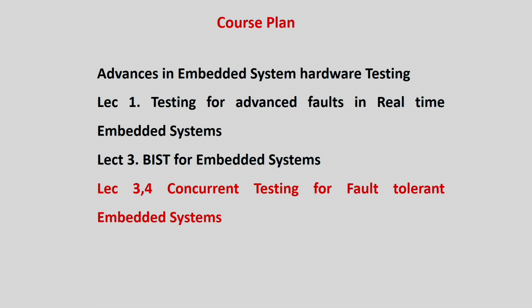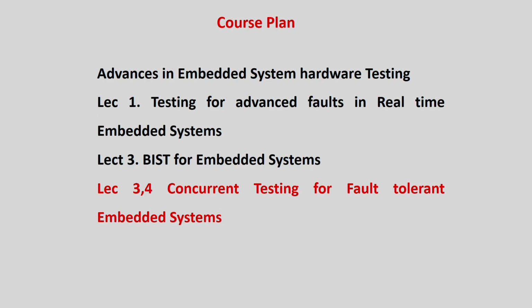That is, after looking at the advanced fault models and built-in self-test, we started looking at why online testing or concurrent testing is very much required in modern embedded systems, because modern embedded systems, as you know, are required in all mission critical applications like avionics, cruise control, etc. If any fault happens before the startup of the device, then we can detect it by BIST. And if it is a manufacturing defect, then we can test it by an ATE before the chip is shipped to the market.